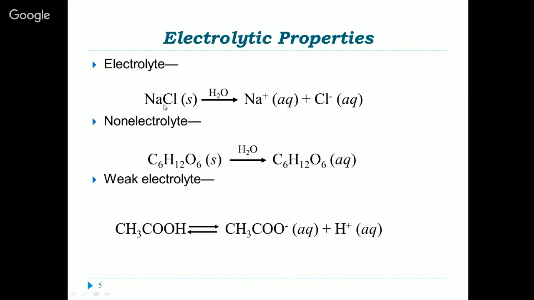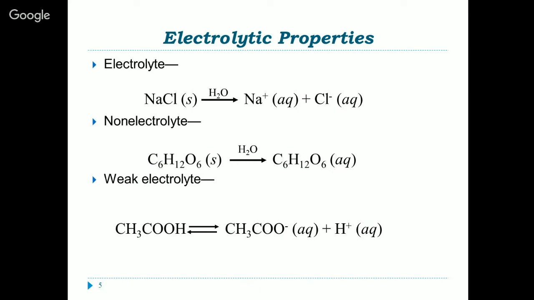Here, when we have ionic interactions, it's more likely that we will see complete dissociation. So when we put glucose into water, it stays together. It's still glucose, but it's dissolved, so now it's an aqueous solution. However, because there is no dissociation, there are no ions, and therefore the current is not conducted. A weak electrolyte generally comes from weak acids and weak bases, or ionic compounds that are only slightly